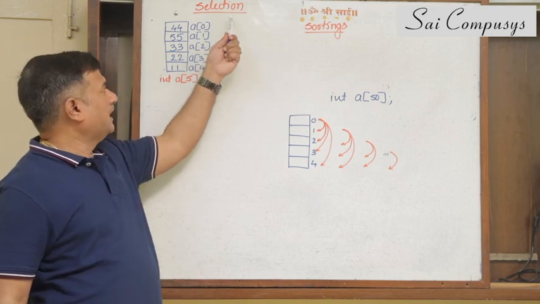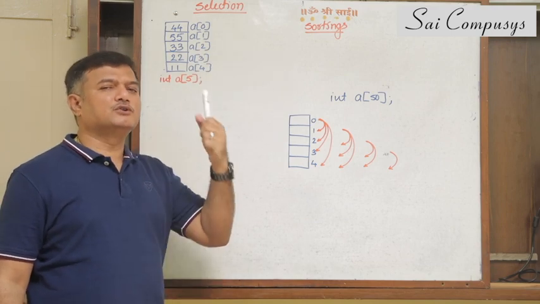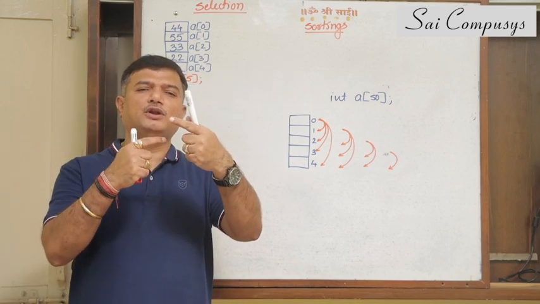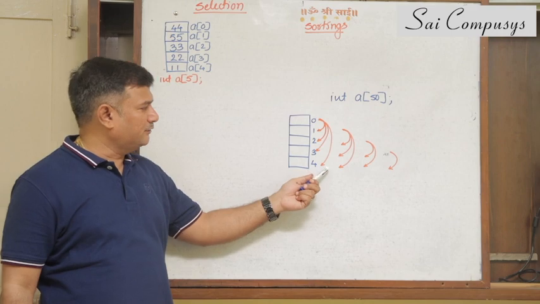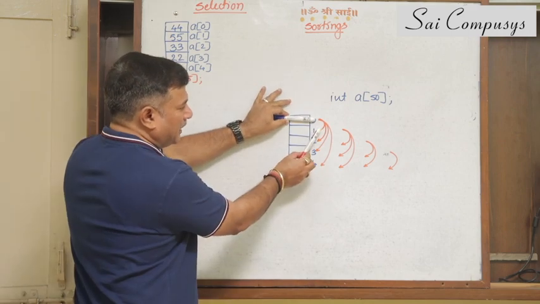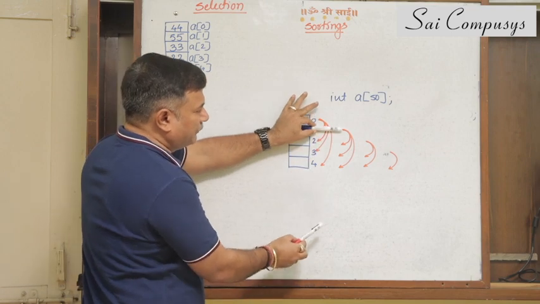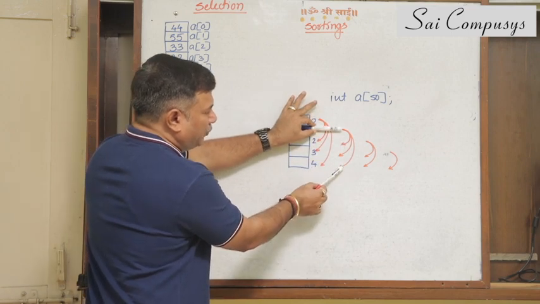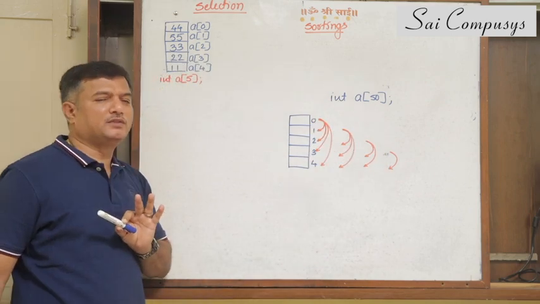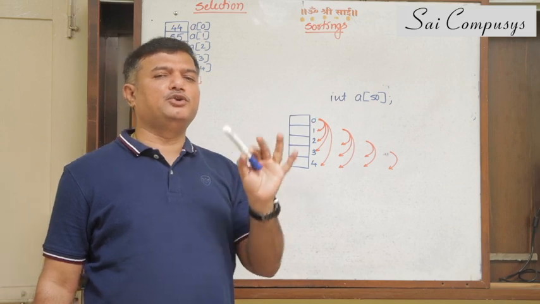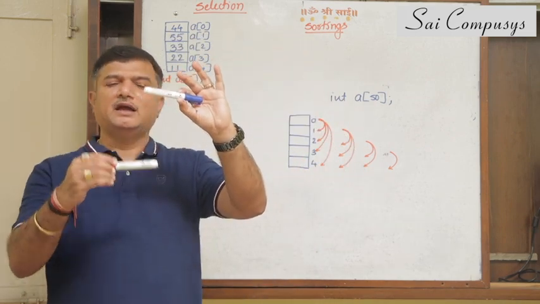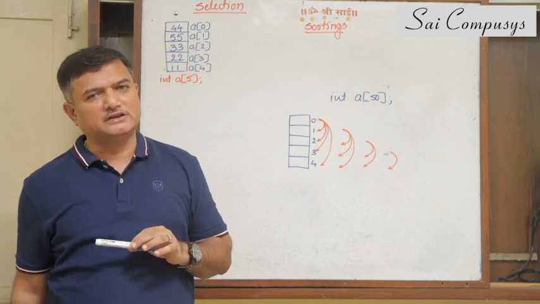Can you guess why it's called selection sort? Because I am selecting one element at a time and the selected element is compared with all elements below it. Try understanding with this. Select the 0th element, compare with 1, 2, 3, 4. Select the first element, compare with 2, 3, 4. Second, compare with 3, 4. Third, compare with the fourth element. Select every element of the array and each element below the selected element must be compared. If greater, they need to be interchanged simultaneously.